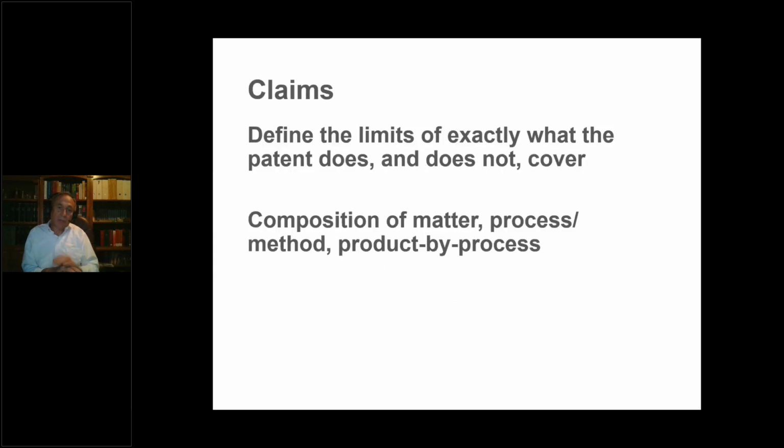The section following that is called the claims, and that's what we're going to focus on here today. And the claims are like the title deed to a piece of land. So here's the boundaries. Everything inside is mine, everything outside is not mine. And there are 3 different types of claims we're going to talk about today: the composition of matter, the process or method, and the product by process claims. And once you learn to divide the claims into those 3 types, it becomes much easier to understand them.